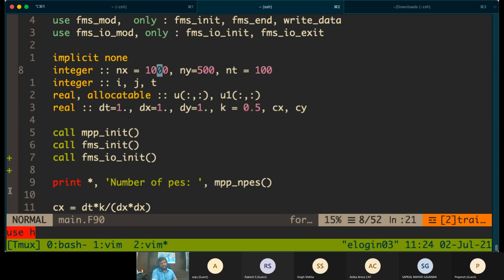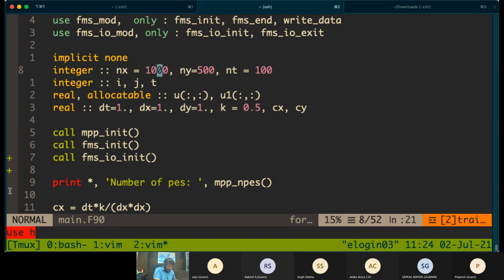So first thing is we need to decide what will be the layout of the processors. Let's say I'm taking 10 processors in X direction and 5 processors in Y direction, which will be a total of 50 processors.